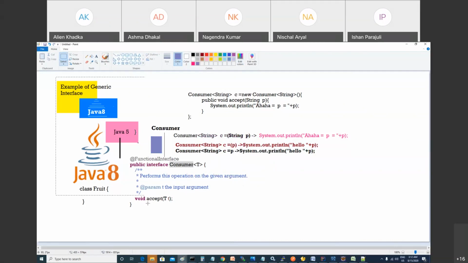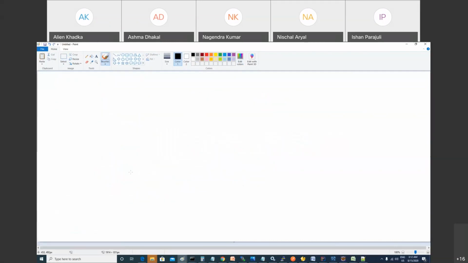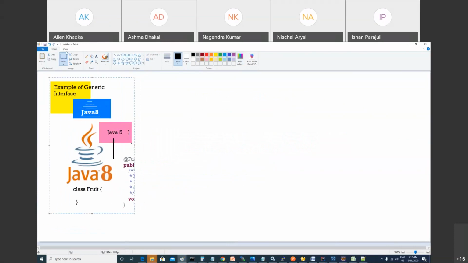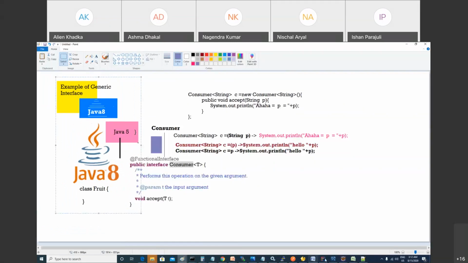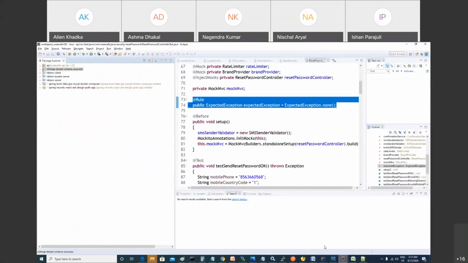The next thing which I'm going to teach you is another functional interface that is called supplier. Supplier is the opposite of it. You can guess it. Supplier is the functional interface which does not take anything but produces a generic type, T type, Asma. Supplier is the opposite of consumer.